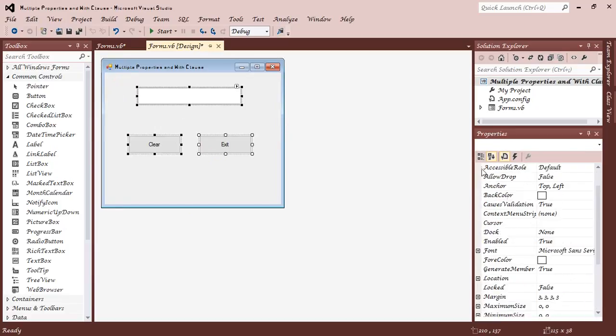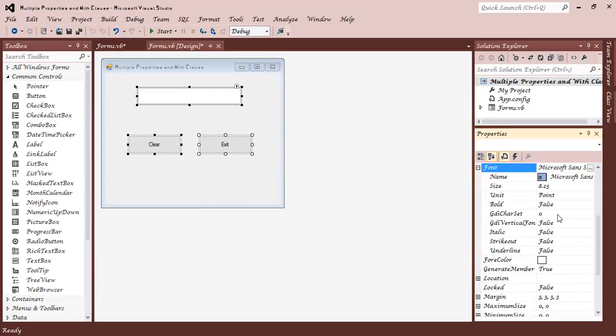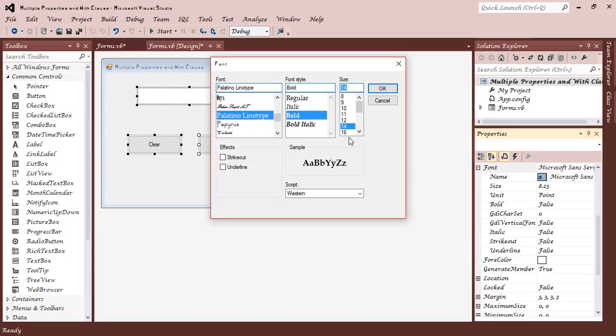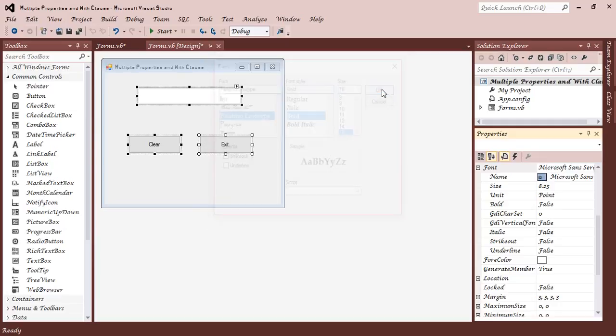I can set some things like the font properties together. Let me click this ellipsis button here to open the font. I want them to have bold, size 16, and set okay.